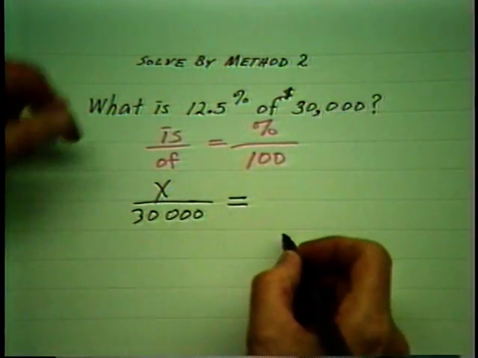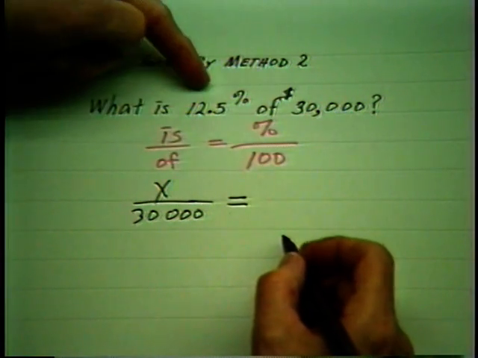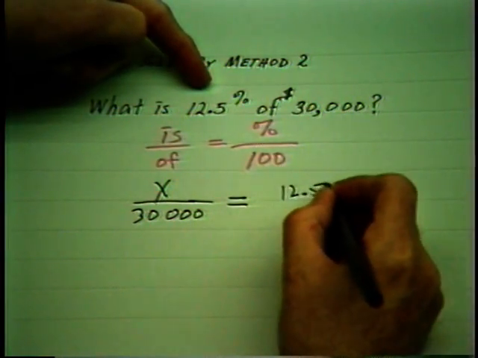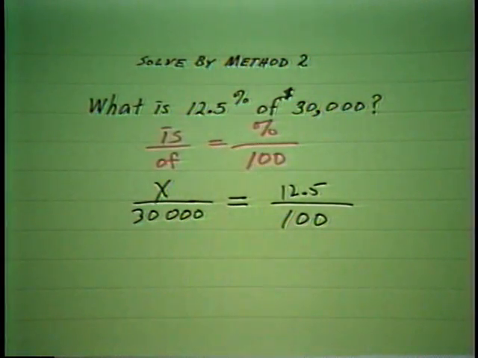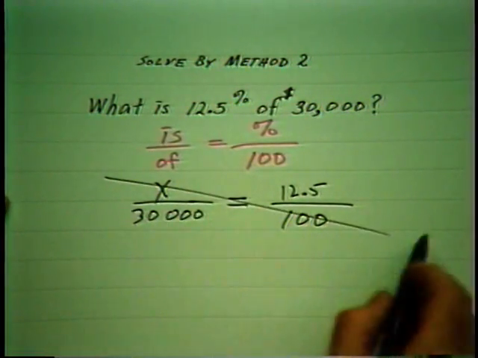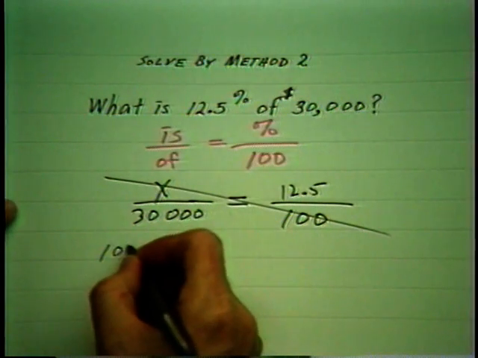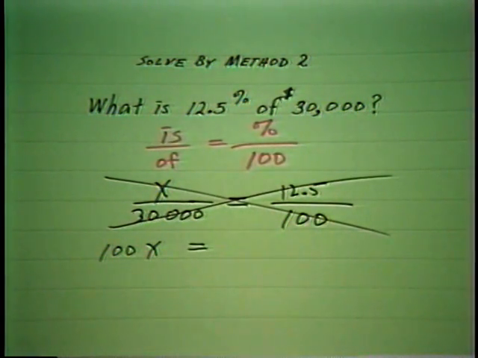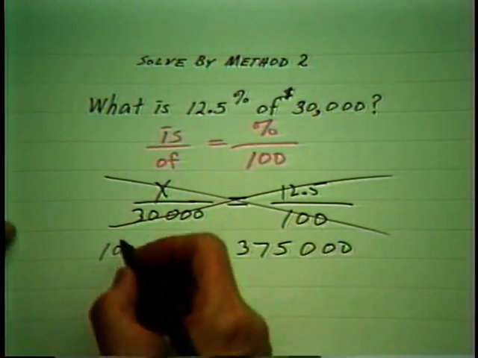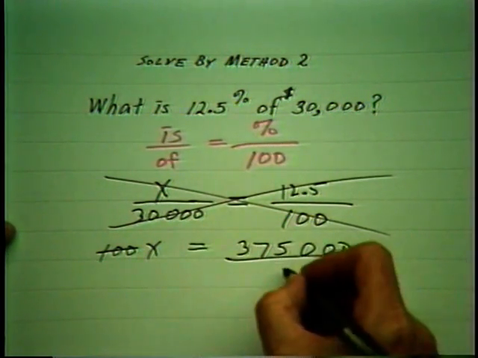30,000. What number is attached to the percent? 12.5. And of course the constant 100. Now top times bottom is 100 times x equals bottom times top, which we could do by hand or with a calculator, and we would get 375,000. Divide both sides by the